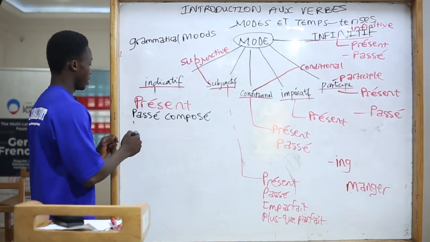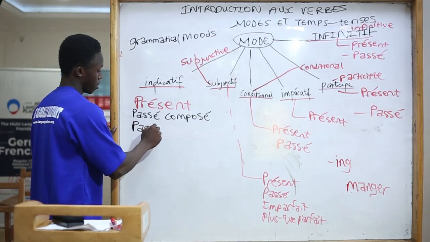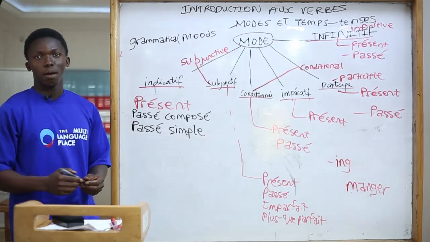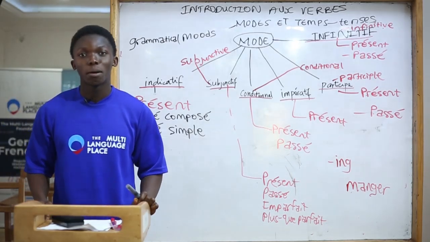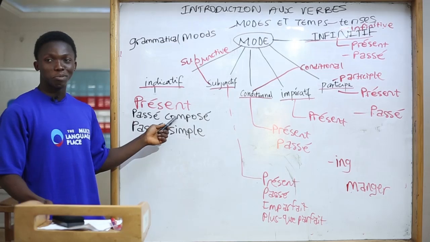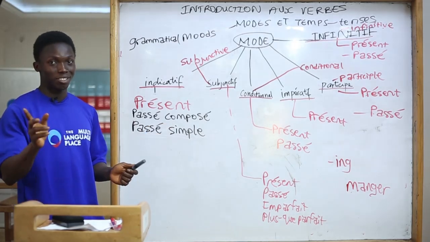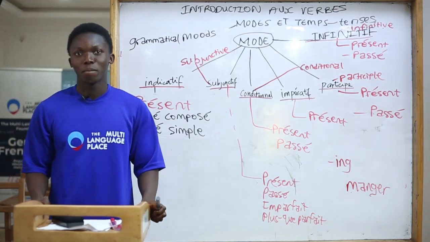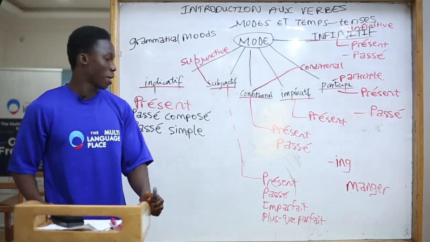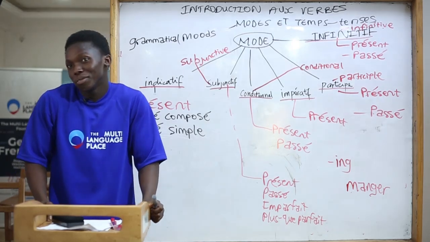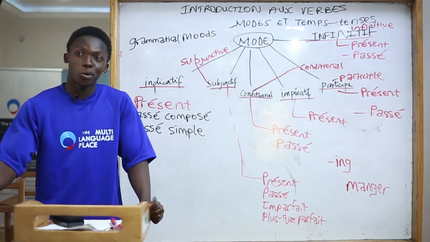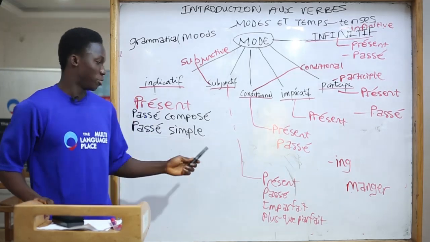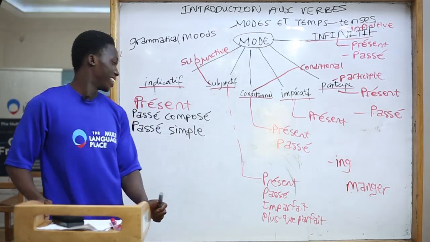Another tense we have is passé simple. Passé simple also means past tense. Now, don't get confused. Passé composé is past tense. Passé simple is past tense. It's not confusing, it's just beautiful. Passé composé is the normally, generally used past tense. But passé simple is also used, mostly in literary works, novels and poems. If you are a poet, then you will surely use passé simple one day.